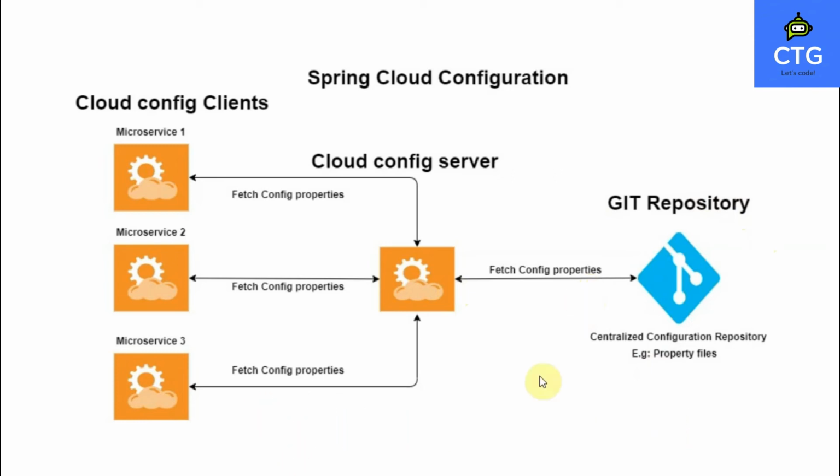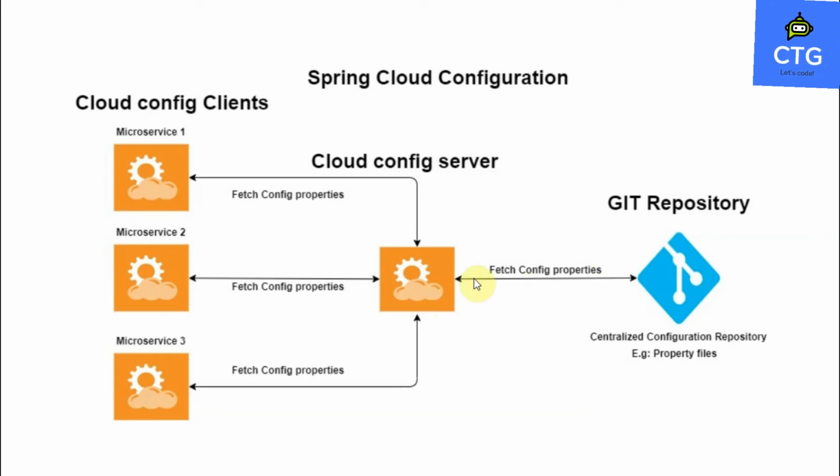Basically, this video is an intro to Spring Cloud Config: what it is and how it works. In the next video, we're gonna see in real time how to create a project. Basically, the Spring Cloud config server is a microservice. We're gonna create that microservice, interact with the Git repository, and try to fetch that record.